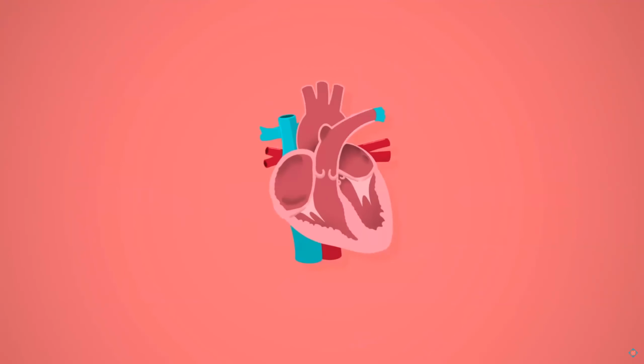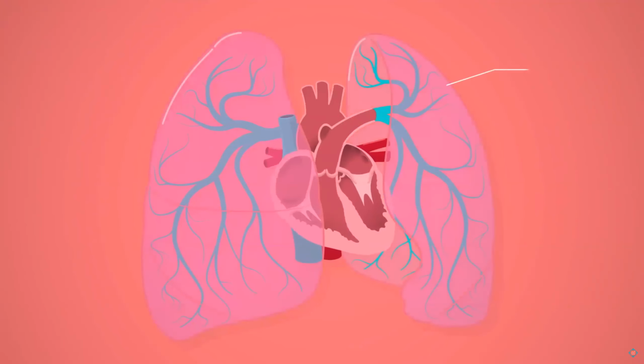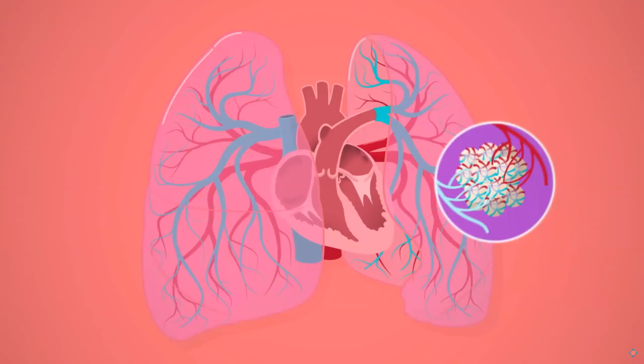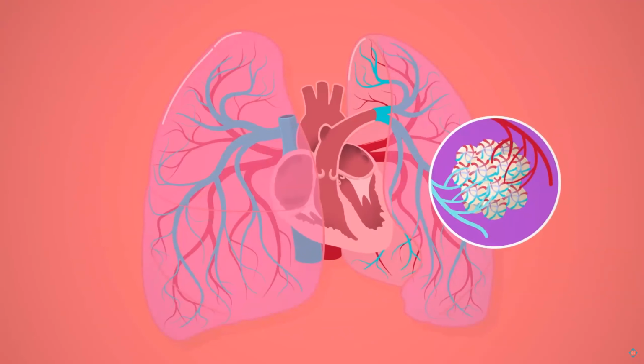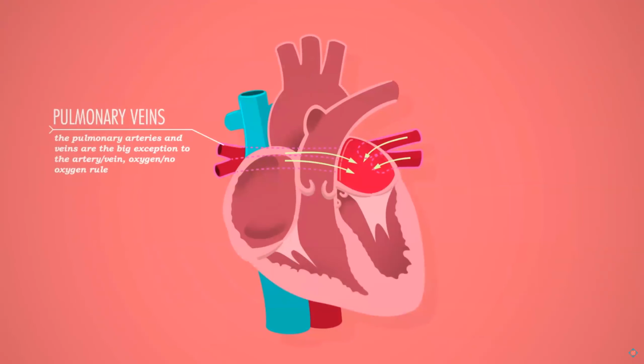From there, and this is the only time in your body where deoxygenated blood goes through an artery, the blood goes straight through the pulmonary artery into the lungs where it can pick up oxygen. It finds its way into very small, thin-walled capillaries, which allow materials to move in and out of the bloodstream. In the case of the lungs, oxygen moves in and carbon dioxide moves out. The blood then circles back to the heart by way of 4 pulmonary veins, where it keeps moving to the